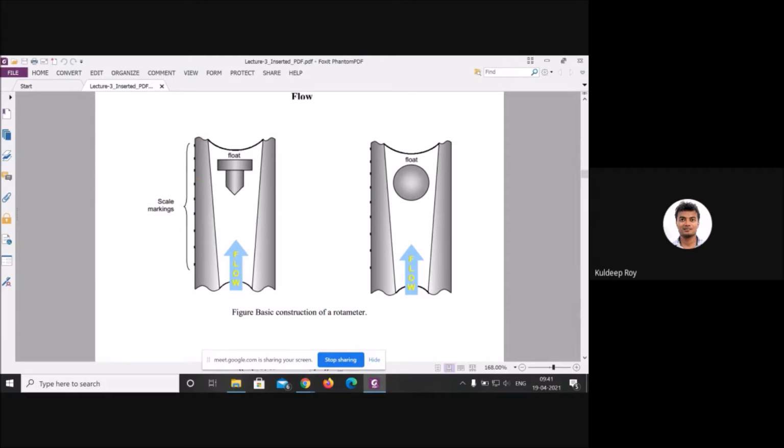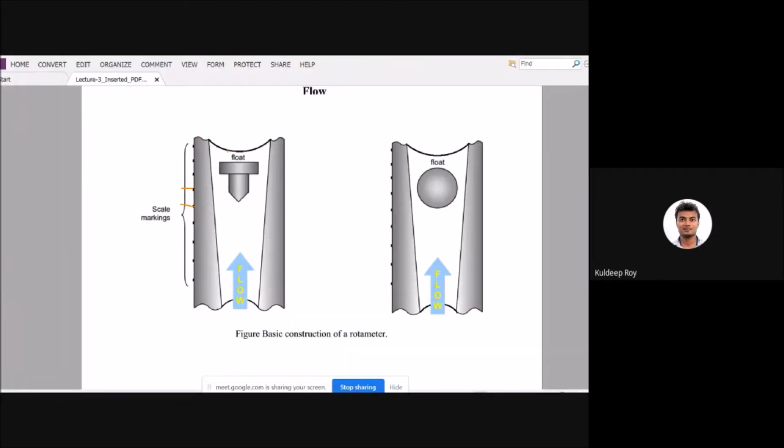So with it, here will be your readings, means how much is the flow rate, in ml per minute, or liter per minute, or liter per hour. It will depend on your system and application. Now, if you are talking about the working principle, how many types of forces are generally applicable?